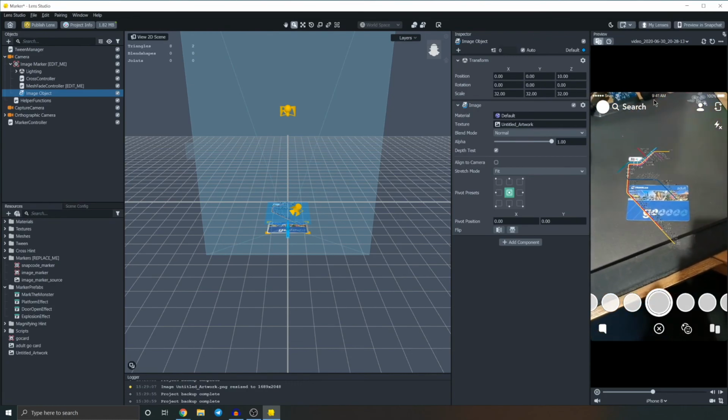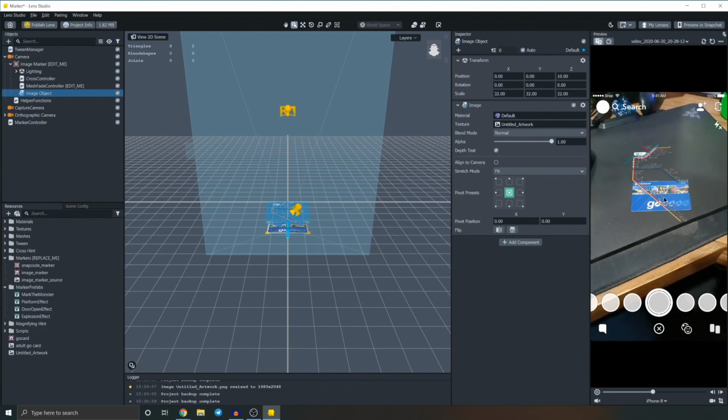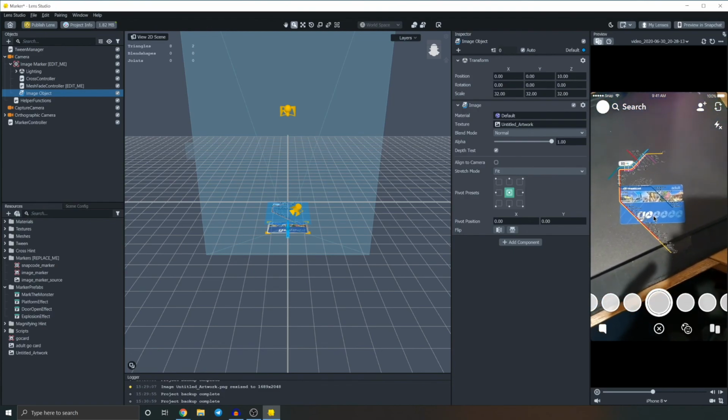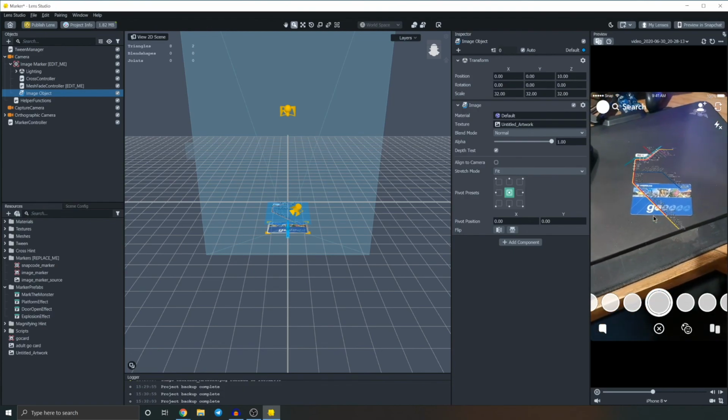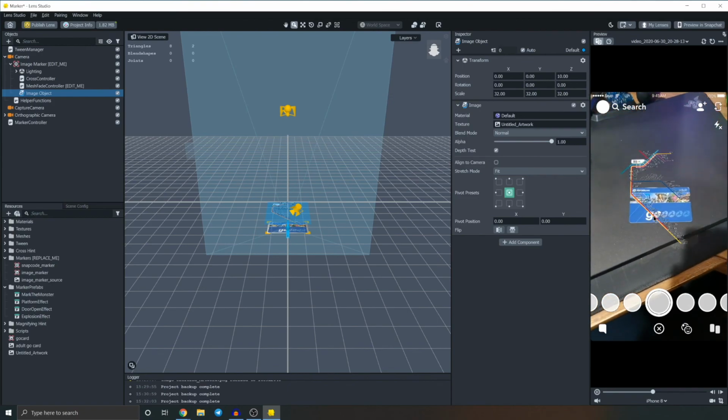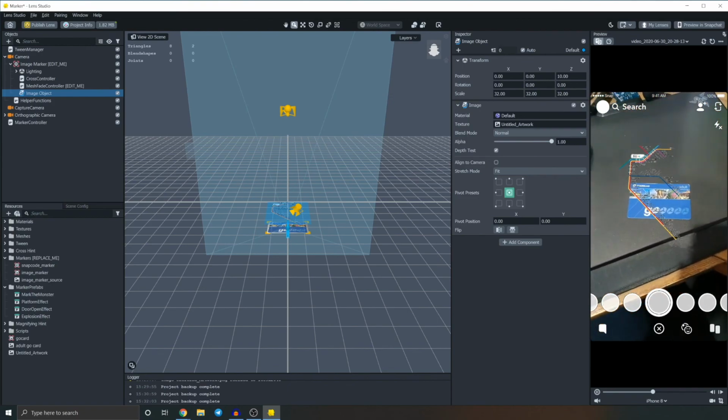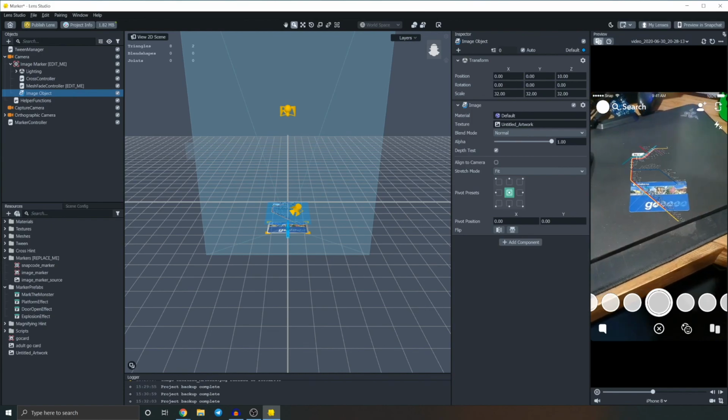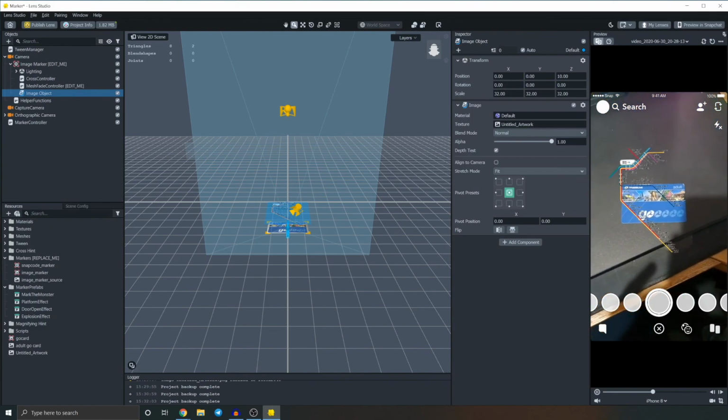And this works for anything, not just transportation cards. You can track anything that's sort of unique and easy. So obviously not something organic. It has to be something printed, not an organic object. But yeah,